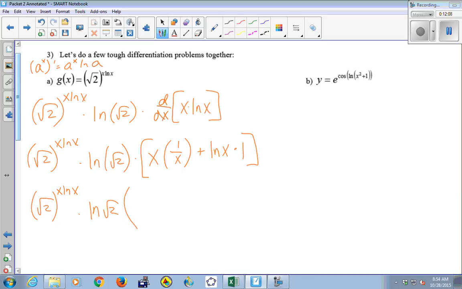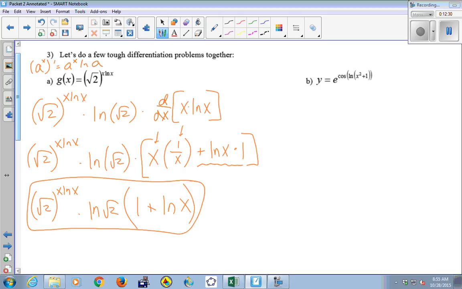X times 1 over x is 1. Ln x times 1 is ln x. Right here, that part. So I'm applying the product rule to x times ln x. So this is first times the derivative of the second plus the second times the derivative of the first. So the plus is,